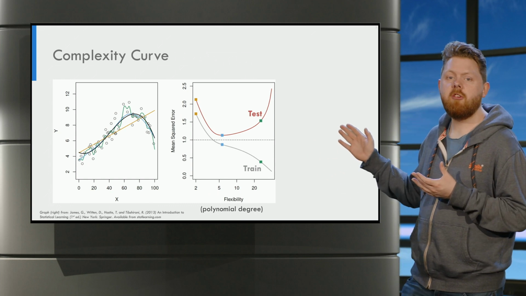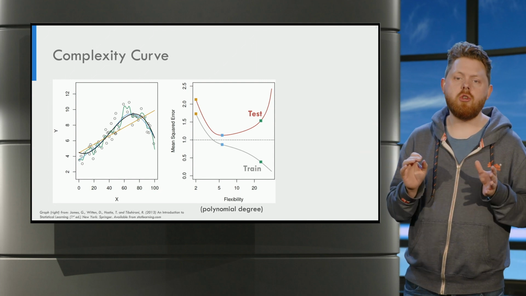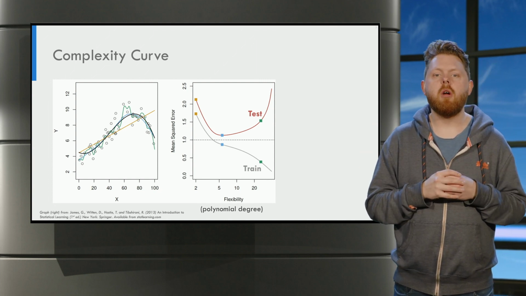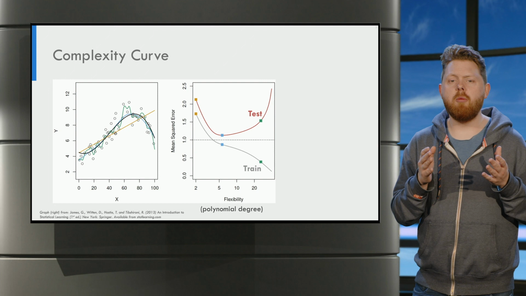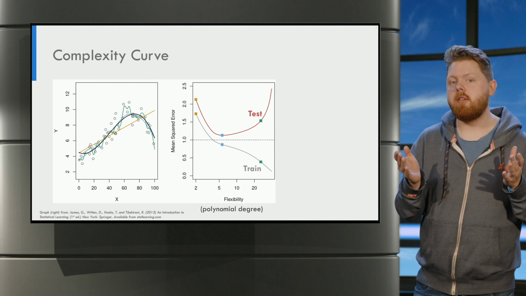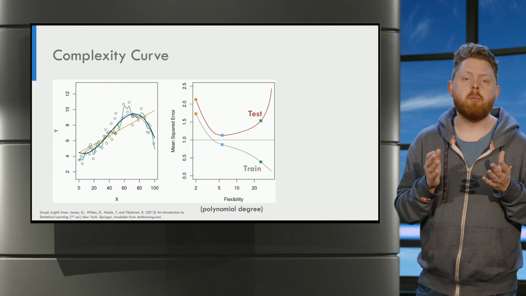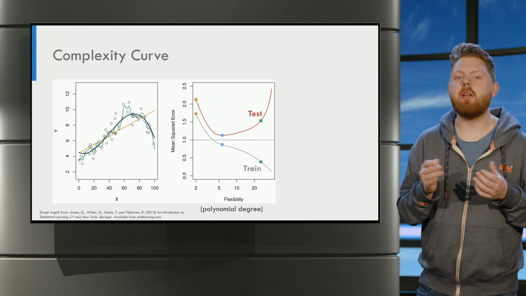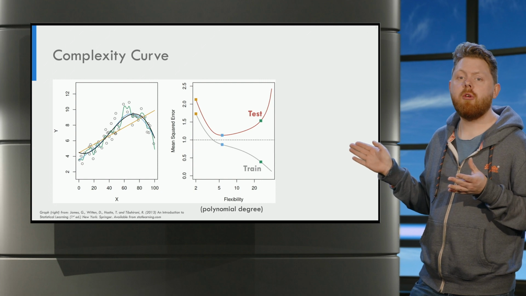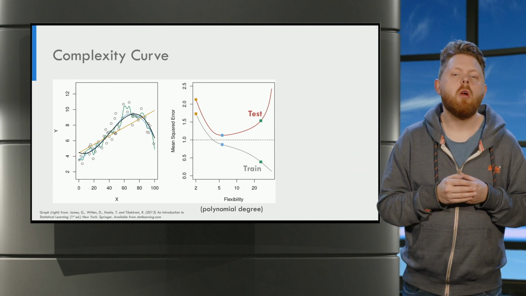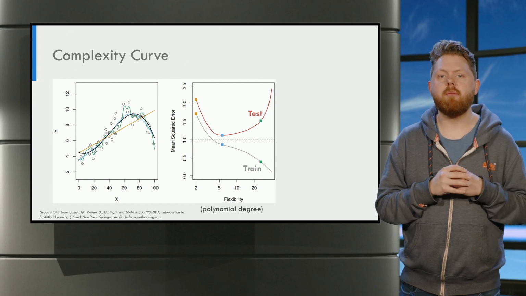On this slide, we see several regression models on the left. Note their colors: orange, blue and green. On the right-hand side, we see the complexity curve. In a complexity curve, the flexibility or complexity is on the x-axis. In this case, we use the polynomial degree as an indicator of flexibility. On the y-axis, we have the performance in terms of the mean squared error. We see two lines, one for the train error and one for the test error.